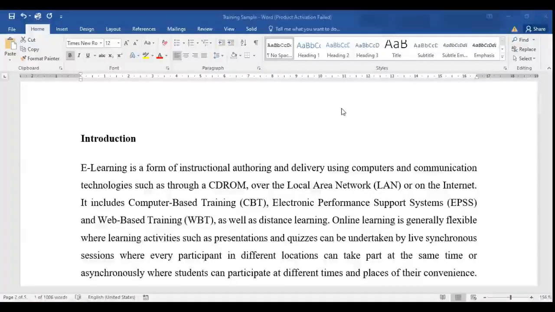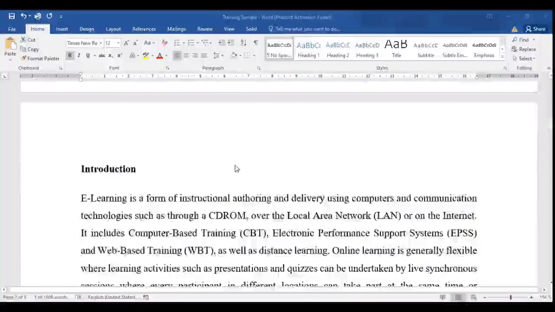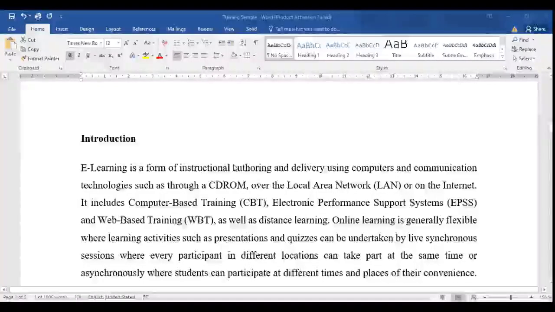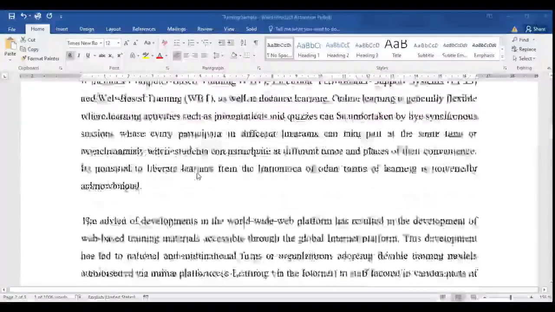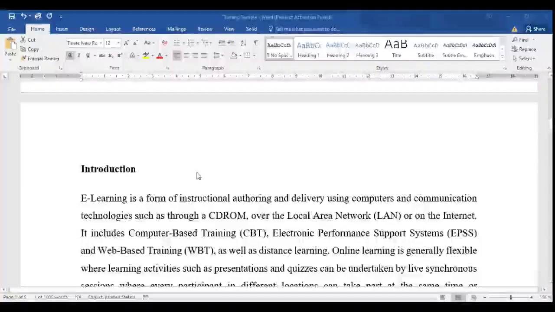In order to create a table of contents for a document, there are a few things that you need to understand as we go through a step-by-step process of creating a table of contents. We are using a dummy document that can help us go through the process. Now, the first thing that needs to be done